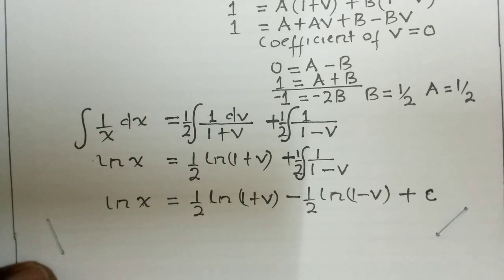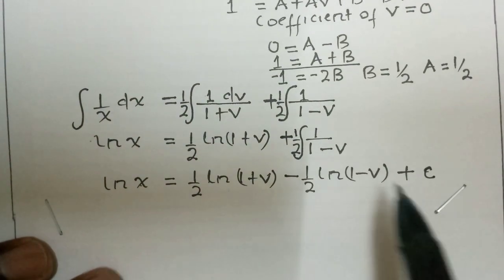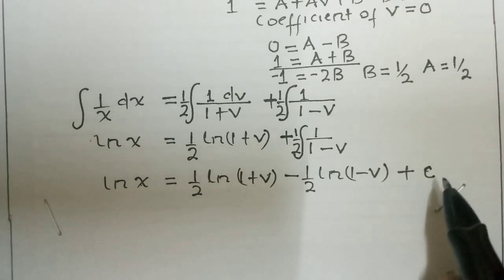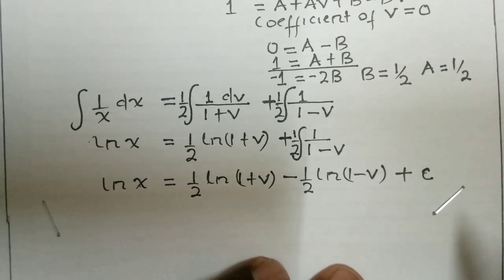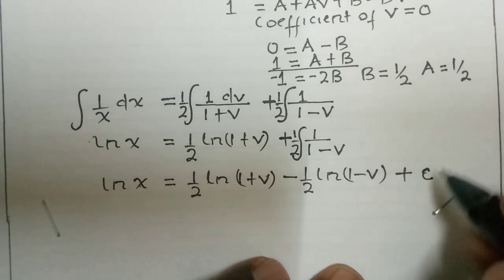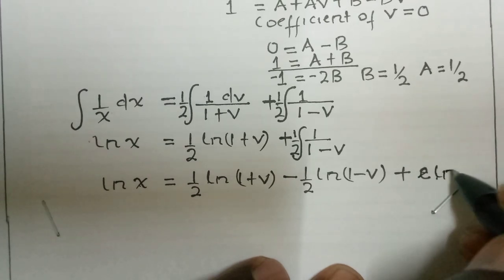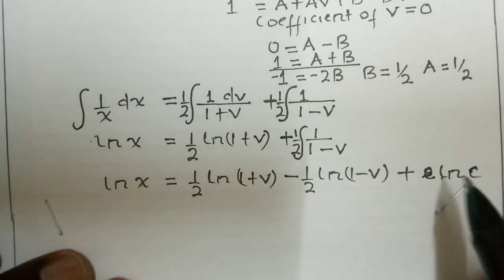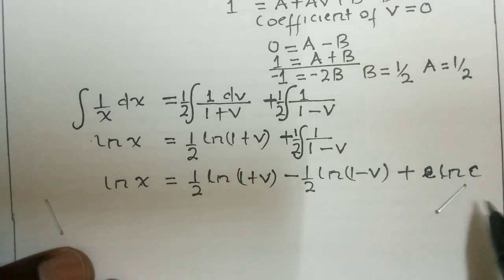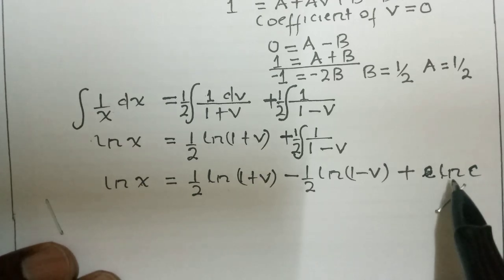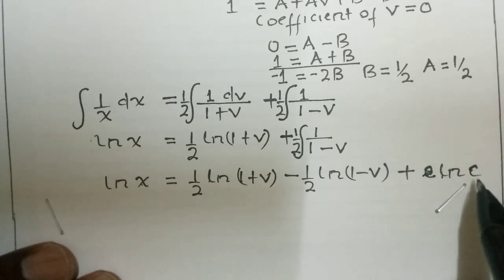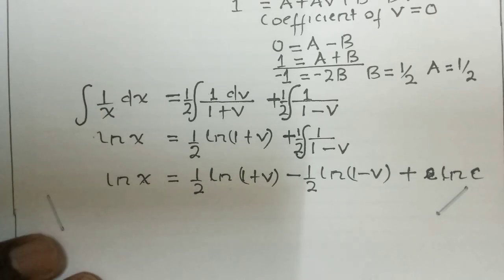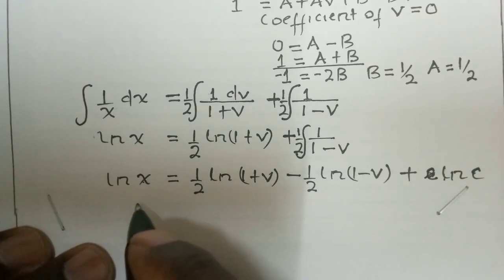That is a constant. So guys, because the constant we do not know about it, you can still even represent it as ln. You can actually write ln c. It's still okay to represent it like that because we do not know what the value of the constant is. Because remember, this is a general equation. So guys, now we shall have